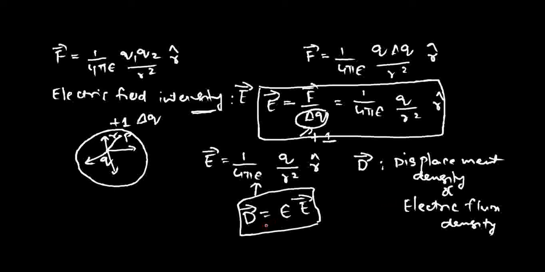I'll give you the gist of the experiment conducted by Faraday and how he could relate D bar and E bar, or how he could give the relation between D bar and E bar as D is equal to epsilon E. So the experiment goes something